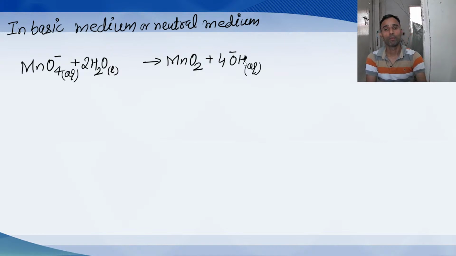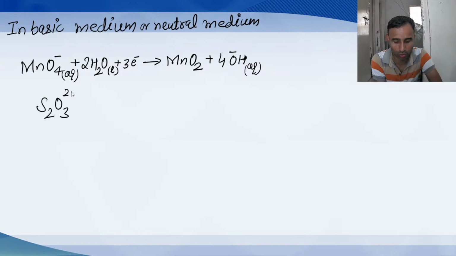Now add the electrons to balance the charge. On the left side there is -1 charge, on the right side there is -4 charge. So we add 3 electrons. So n factor of KMnO4 in basic medium or neutral medium is 3. Now next,